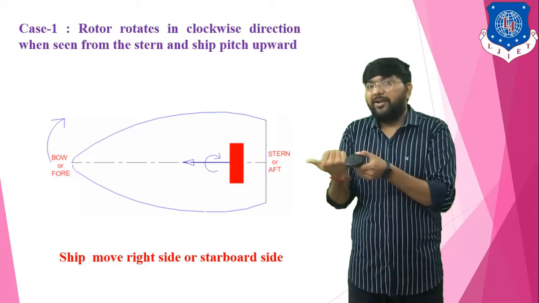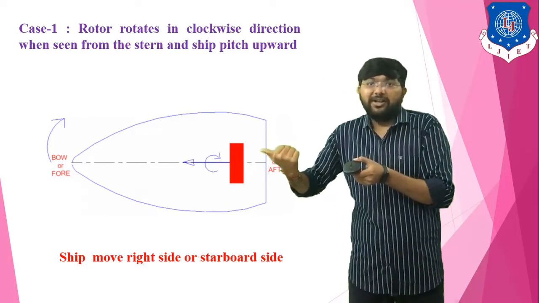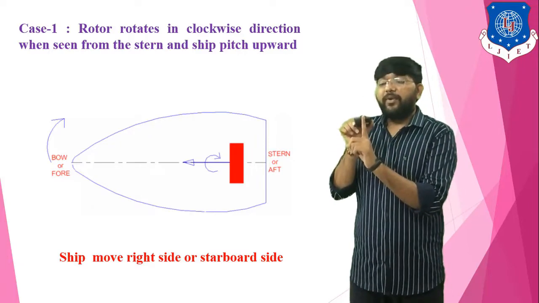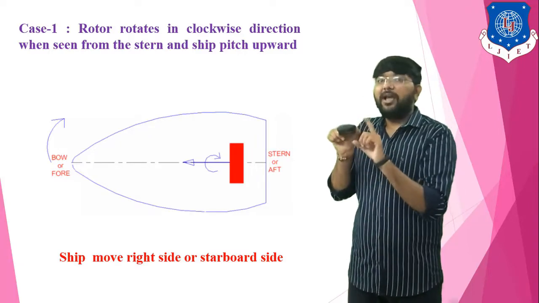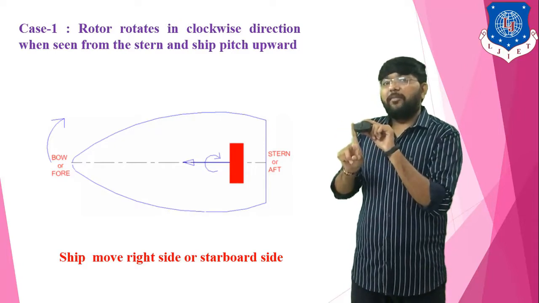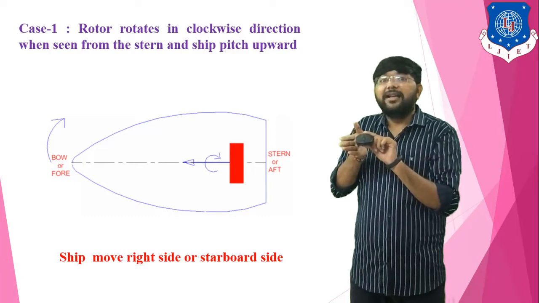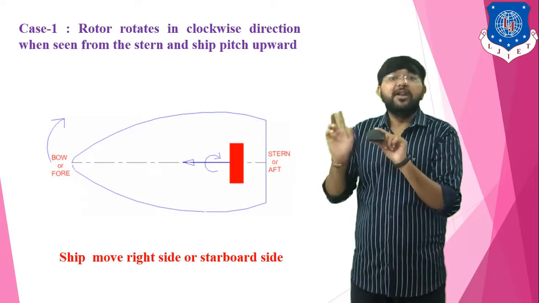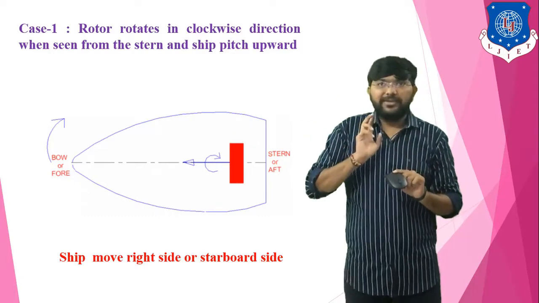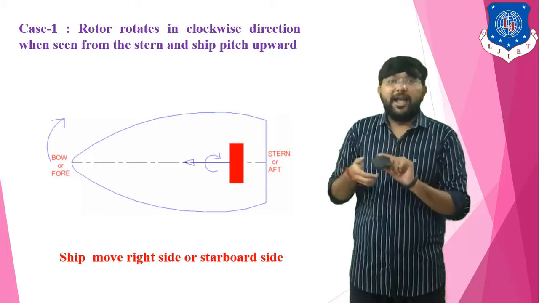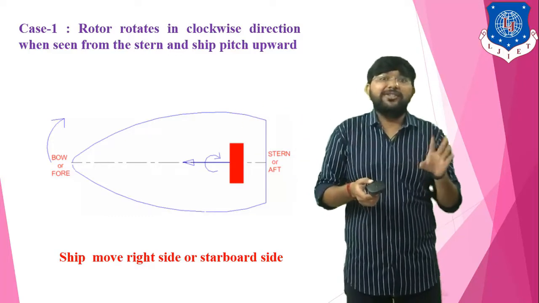At that time momentum is in the right hand direction. Clear? So what is the direction of the resultant force? The first force is in a straight direction and the second, angular momentum, is in the horizontal direction. At that time the resultant force direction is between the two applied forces. Clear? So the resultant force direction is inclined, and you all know a body always tends to move in the